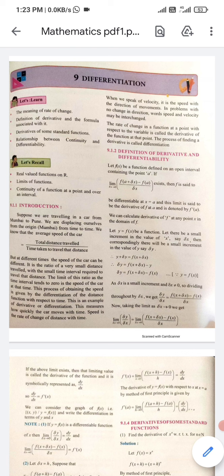You should know all these derivatives by heart, and solve this example and send the picture of